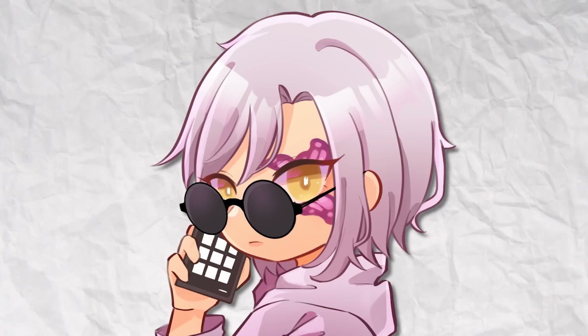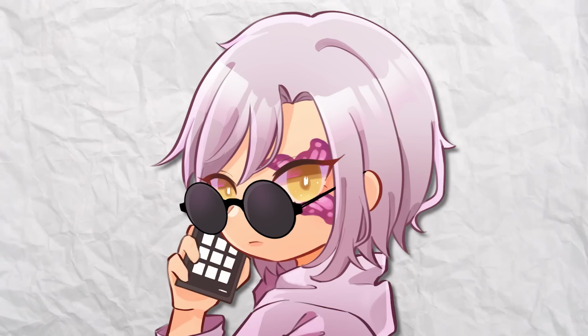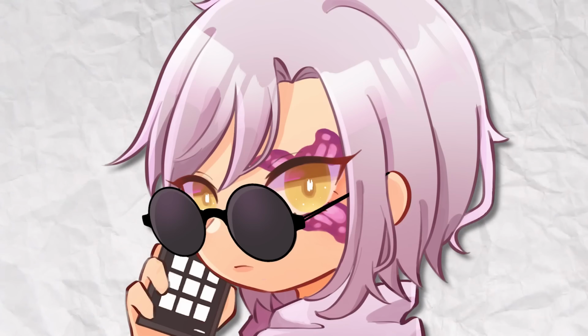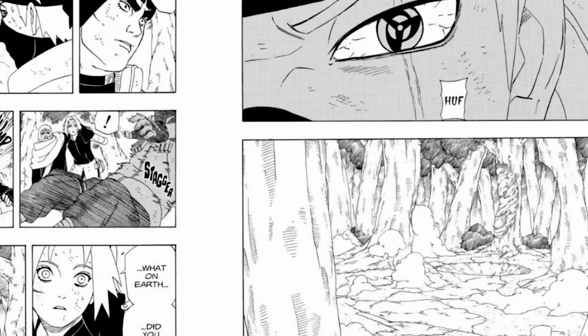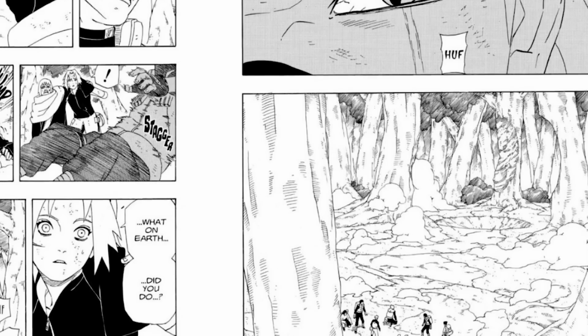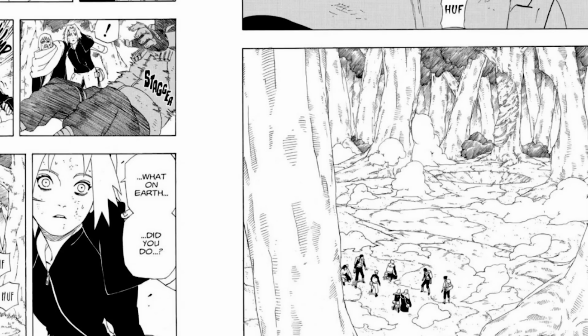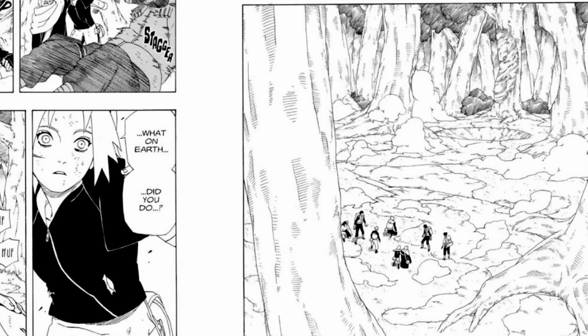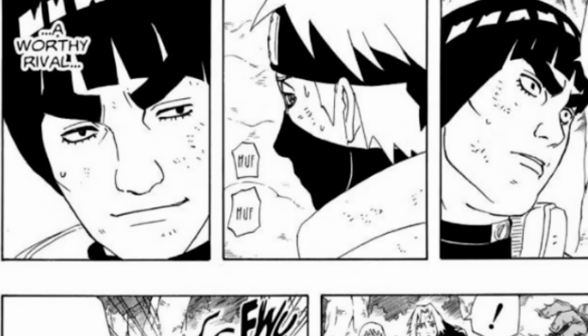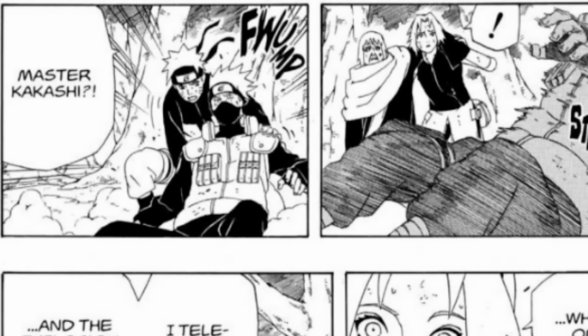Because at that point, Kakashi had used up 4 Raikiri and said that he should take it easy because of that. Speaking of Kamui, something that needs to be mentioned is that Guy, after looking at Kakashi Kamui away Deidara's fake bomb, mentions that Kakashi is a worthy rival. Kakashi also looks at Guy after he did it like, yeah, look what I just did, before he falls back and almost passes out.